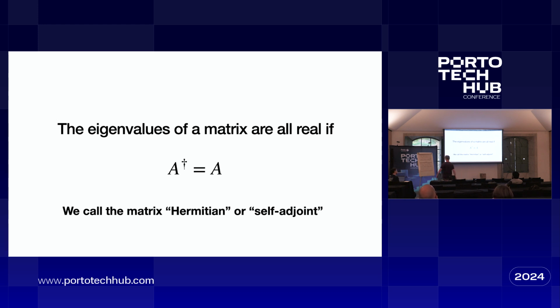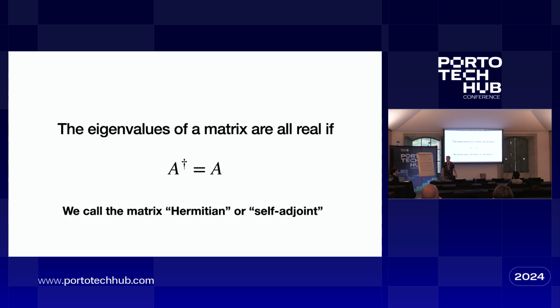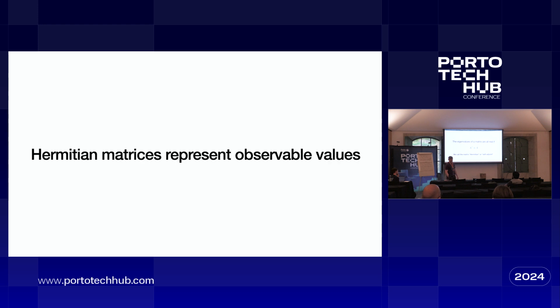So you can check. Are these matrices Hermitian? Yeah, they are. First of all, they have only real values in them, so the conjugation does nothing to them, and if you transpose this, you get back the same thing. Okay? So they're observables.